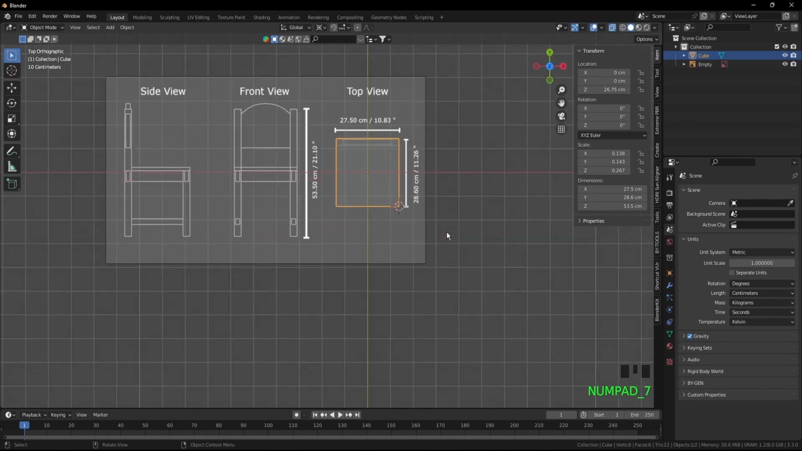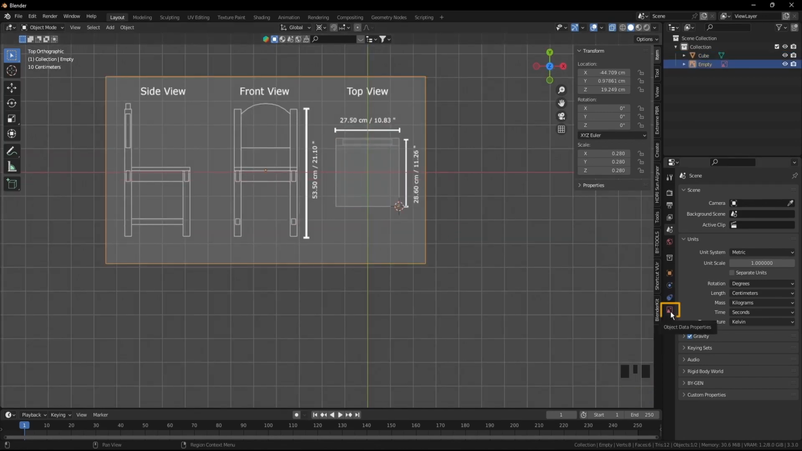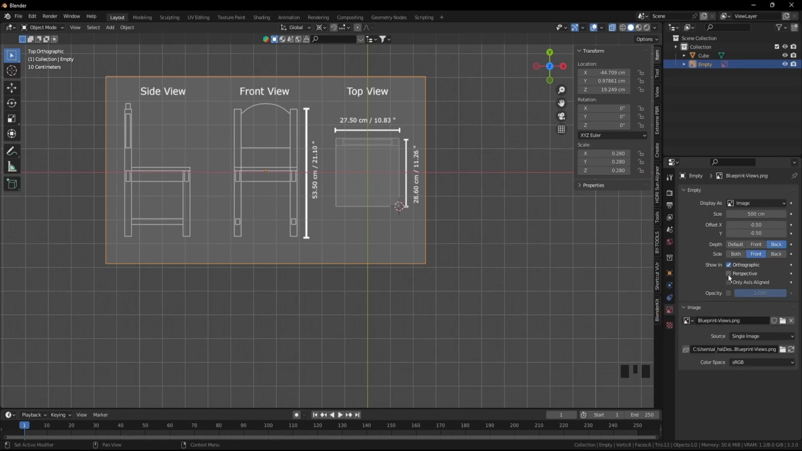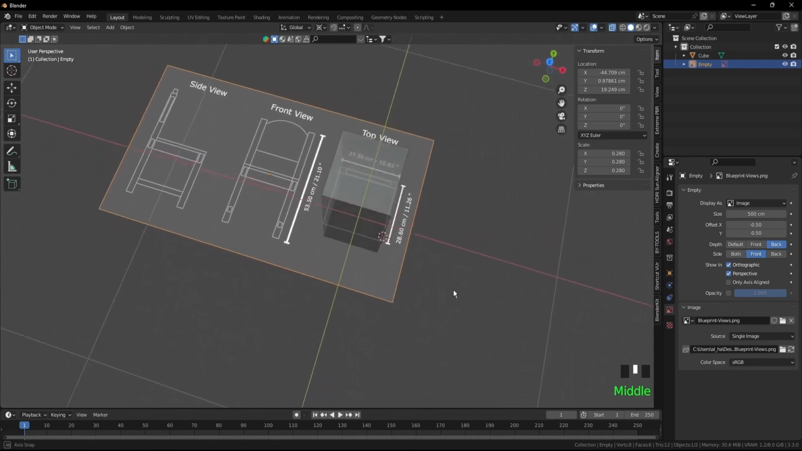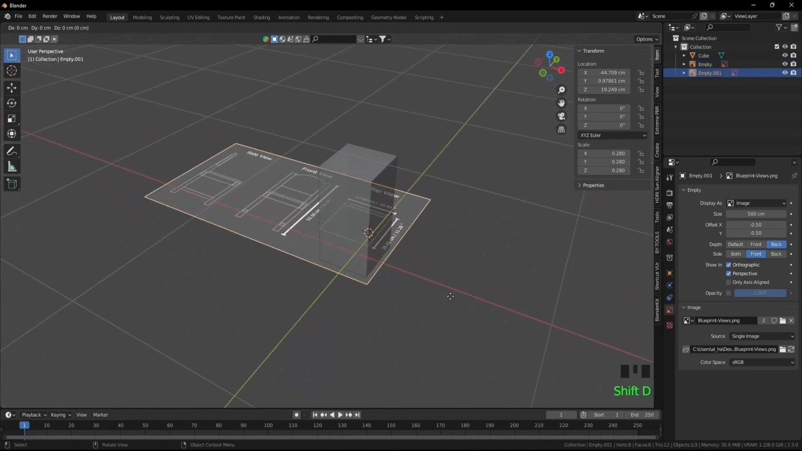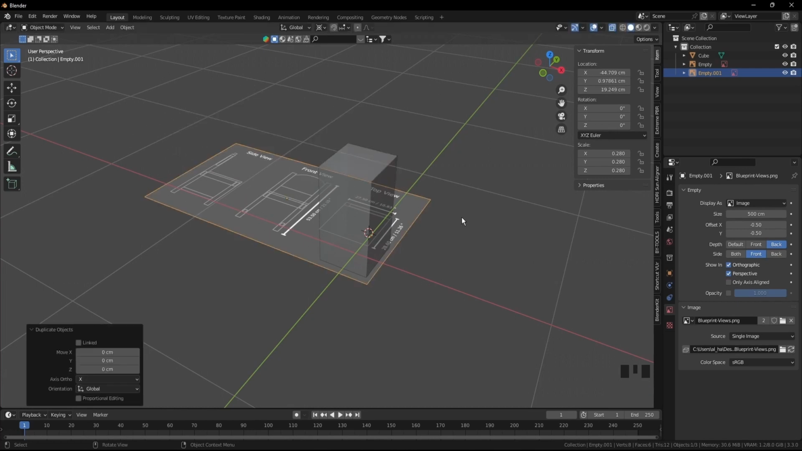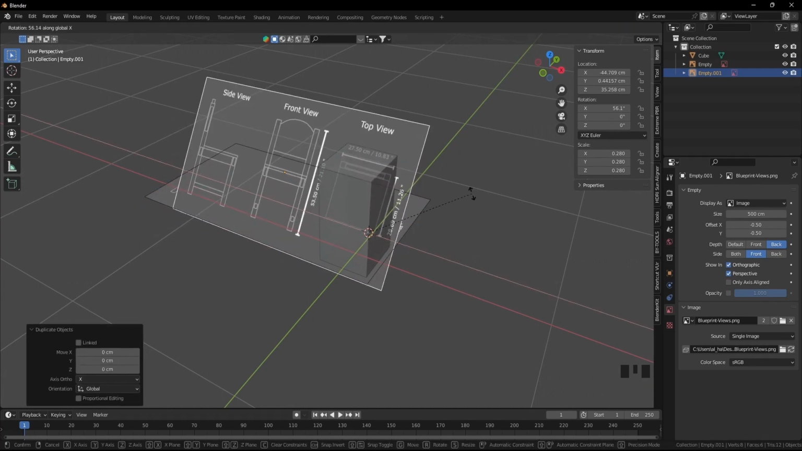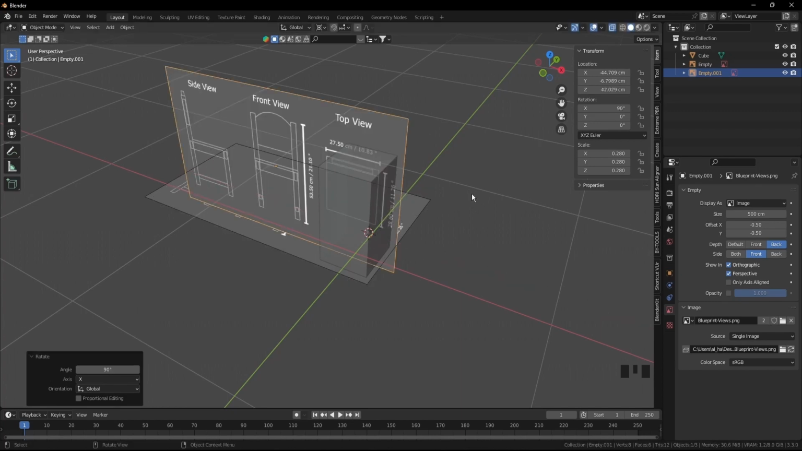Number 7 again, to go to top view, select the image and go to object data properties, click perspective view. Now click the middle mouse wheel and you'll see the image on the perspective view. Press Shift D to copy the image, escape to leave it in place, R, X, and then type in 90 and press Enter. Move back to front view by pressing 1,